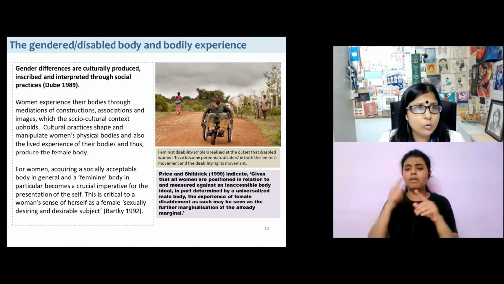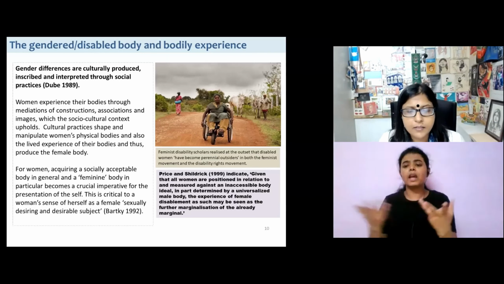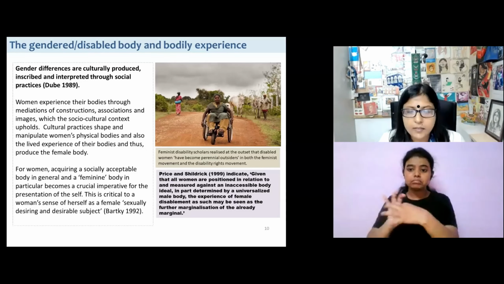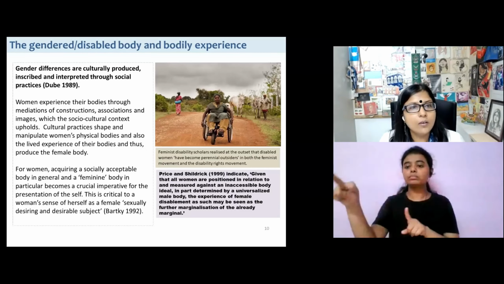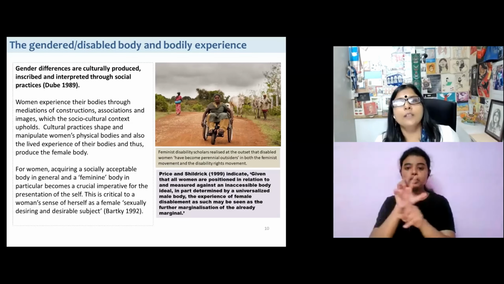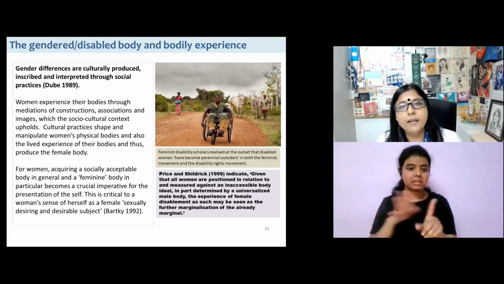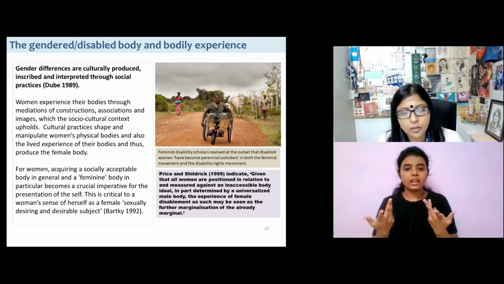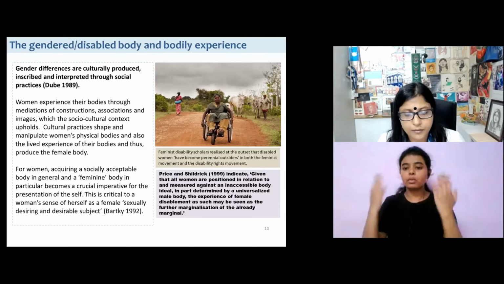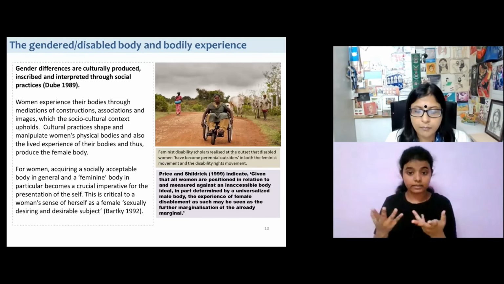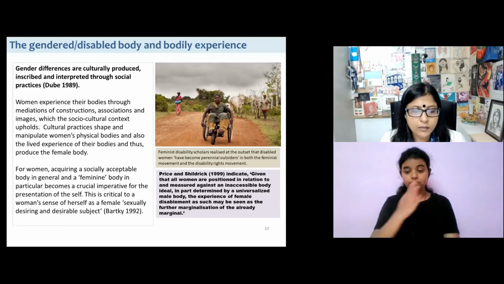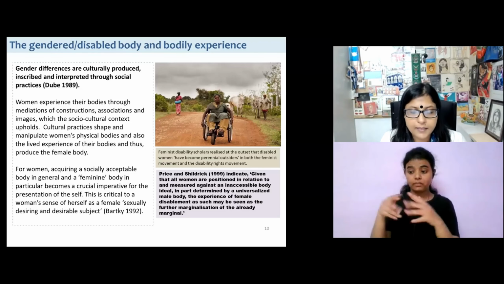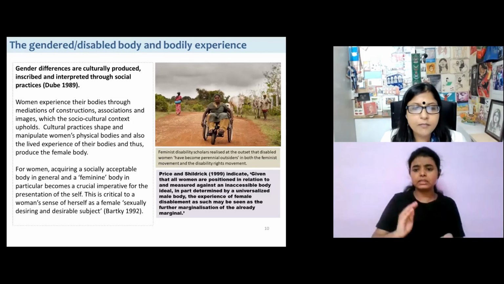They do this through mediations of constructions, associations, and images, which the socio-cultural context upholds. And we know that cultural practices shape and manipulate women's physical bodies and also the lived experience of their bodies, and thus produce the female body. So, South Asian societies are deeply rooted in patriarchal control over women's labor, fertility, and sexuality, oppression within the family